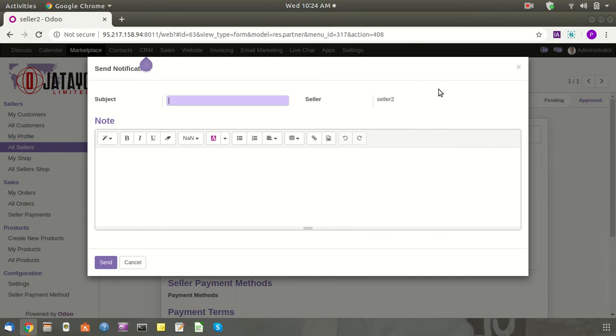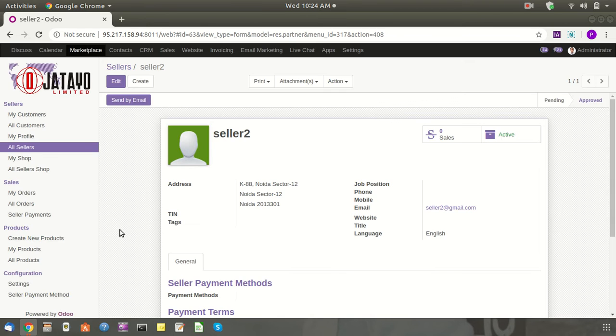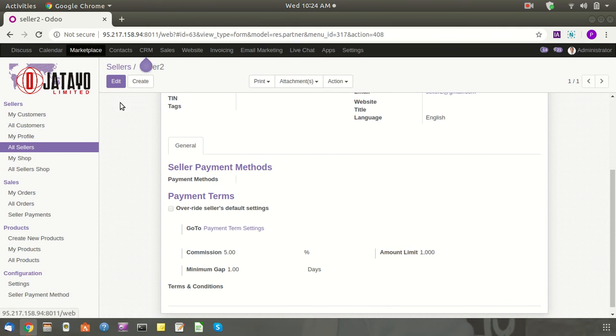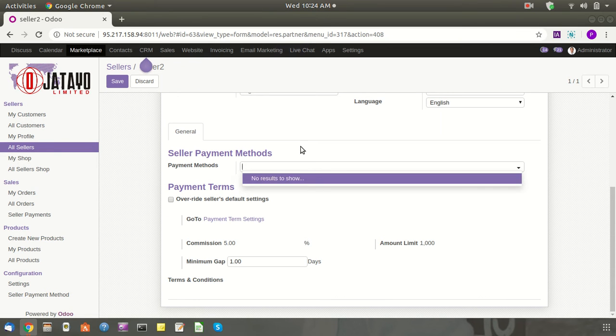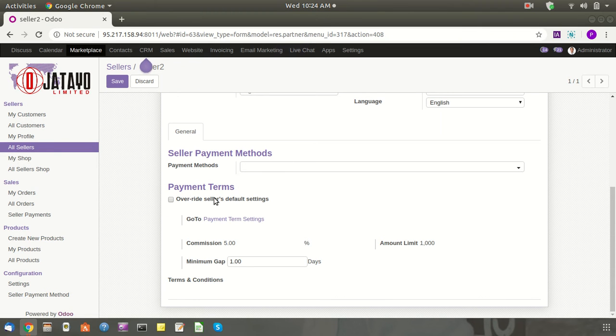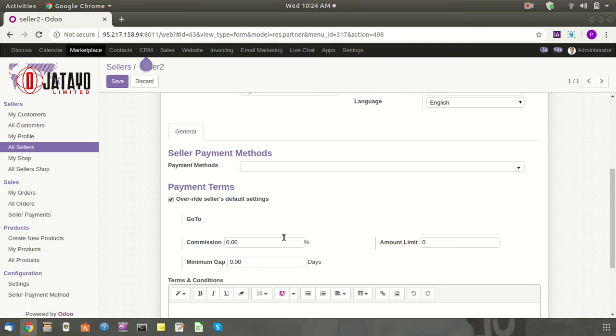So the vendor will get notified that right now I am approved by the company and now I am able to sell my product in Ojataya. And we already have the terms like payment method that I will not define yet, override seller default setting, like how much